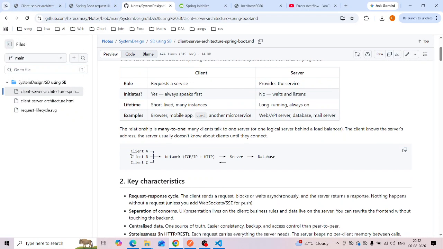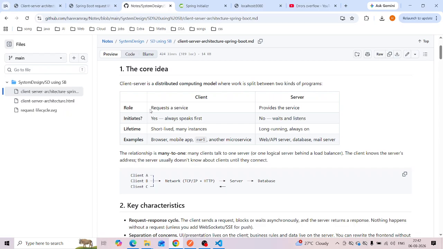So if you see this, here are multiple clients A, B, C. They go through a network and talk to the server, and then the response comes back via the network. The server is interacting with the database. So this is how it is happening.